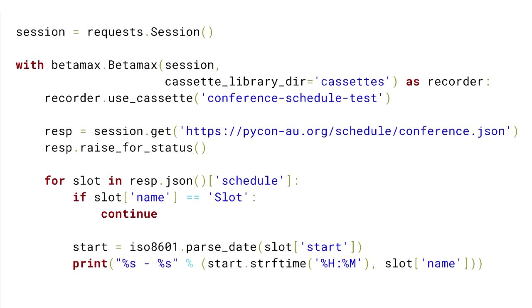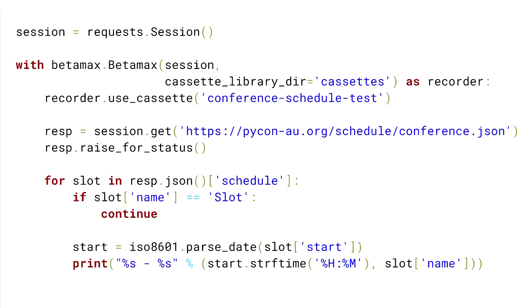So to offset some of that problem of your mocks being out of sync, we've got Betamax, and that's our choice for a fairly easy to get into integration style testing. So Betamax is a way of recording and replaying real requests that you make over the internet in your testing environments. And a quick note at the top of this, if you're using requests,